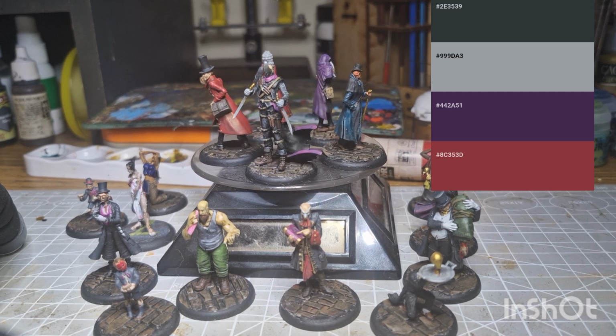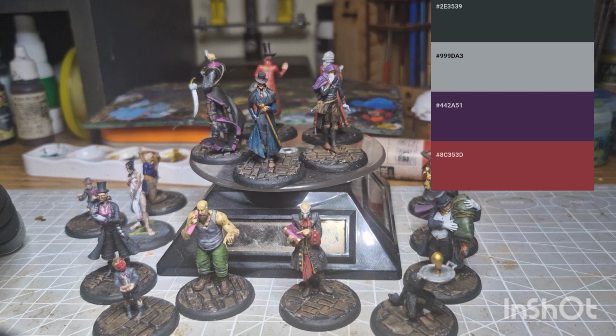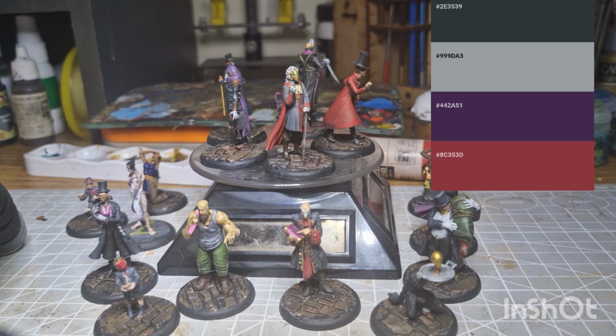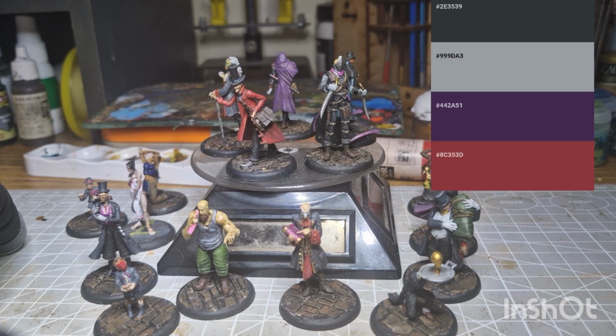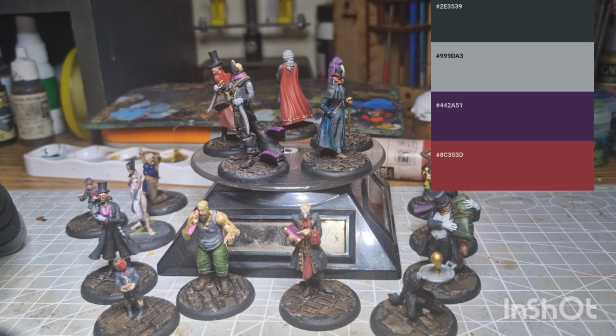As for bases, well, obviously I wanted something slightly different from the rest of Guild. When I look at my overall plans for Guild, there's a lot of grey cobblestone bases. So I didn't want them just on the streets. And I didn't really care for doing them sort of indoors on floorboards. Eventually I came across this idea to do